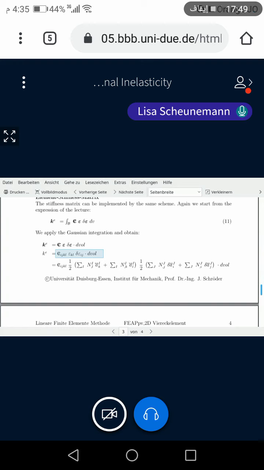So we have here the elasticity matrix C_ijkl, the strain tensor epsilon_kl, and then the variation of the strains, variation epsilon_ij. We discussed before that epsilon can be represented as the symmetric gradient of the displacements, and writing that in a discretized form leads to this term for epsilon. So again, you have here the ansatz, the derivatives of the ansatz functions,